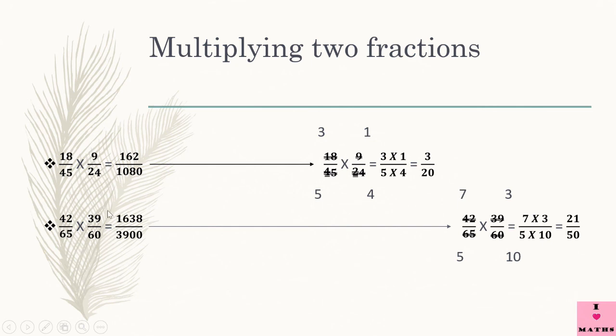So children, this is how we are supposed to do it. Isn't this method easier? Okay, let us try this. My God, looks scary. 42 into 39, they have multiplied the two numerators and the answer is 1638. 65 multiplied by 60, the answer is 3900. Now this fraction is too big for us to simplify. Obviously we are little children and we may get slightly confused. So what are we going to do? We will adopt the better method.